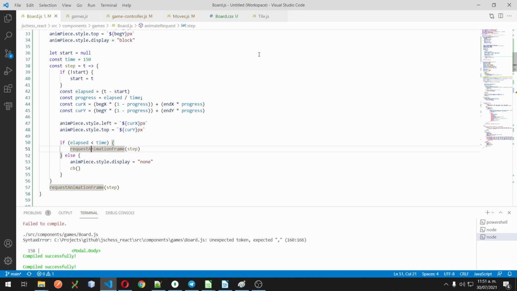And as JavaScript is single-threaded, set timeout and set interval are not guaranteed to be called at the exact time that we are requesting. They could be called a little bit sooner or a little bit later, and the animation would not be as smooth as it would be with request animation frame. So whenever it's possible, unless there is a big reason to stay away, request animation frame is the recommended way.